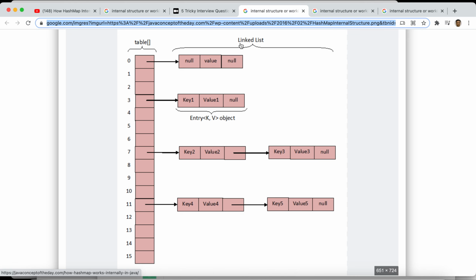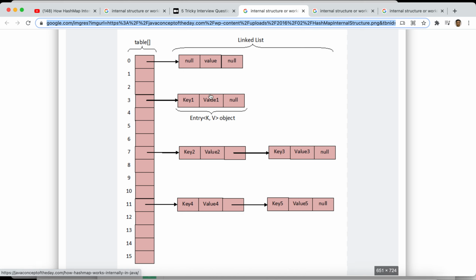Each node comprises this structure: key, value, hash, and next, to be exact. Anyway, it's not important.